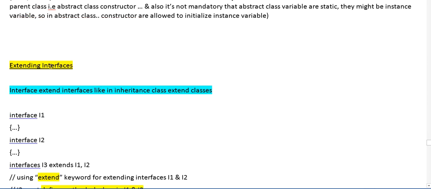Now, extending an interface. Like in inheritance, when a child class is extending the parent class, we use the keyword extends. Similarly, when an interface is extending other interfaces, then we use the keyword extends here.